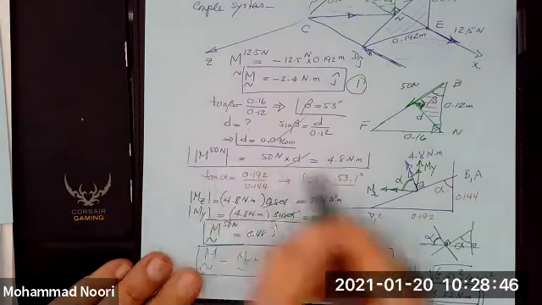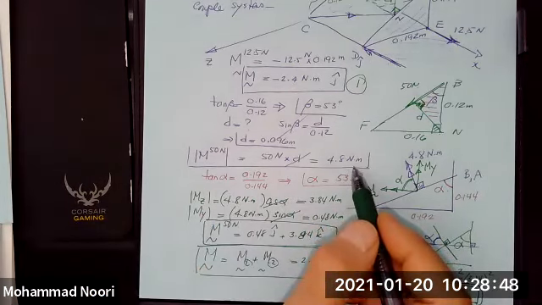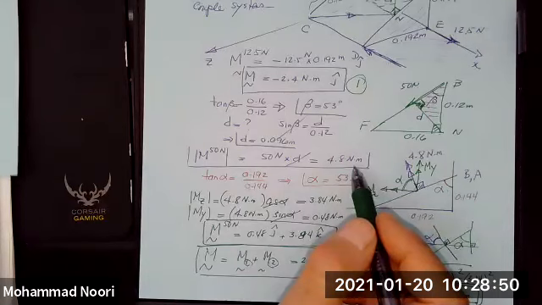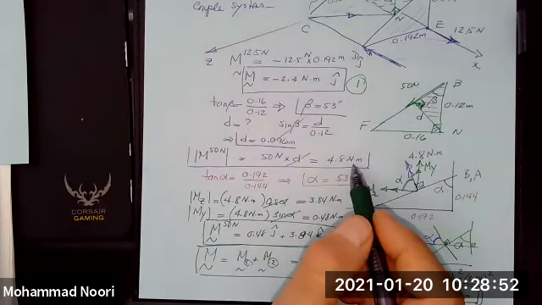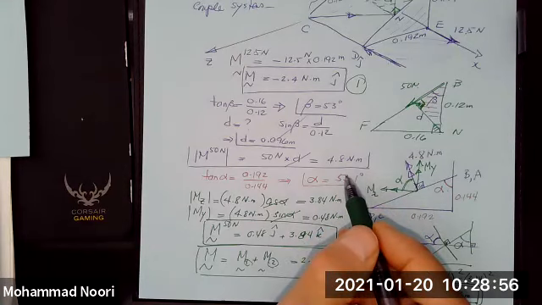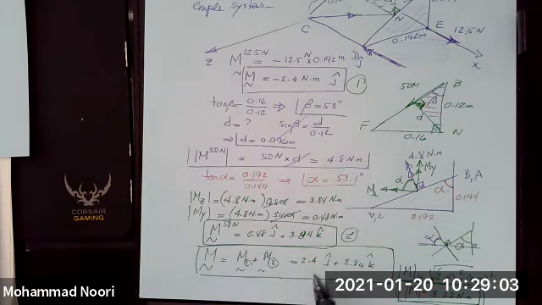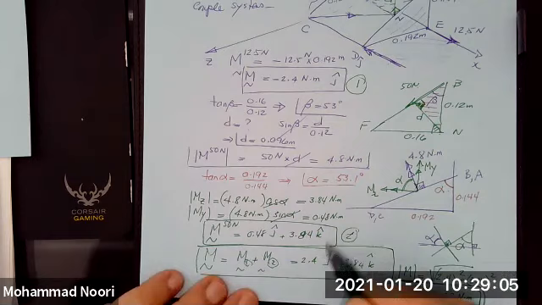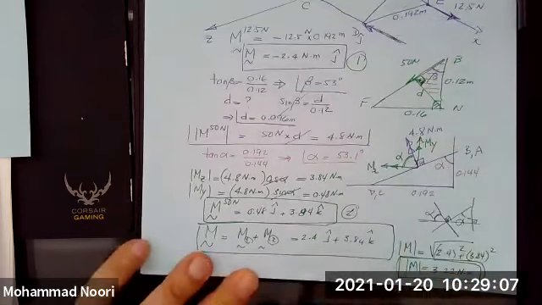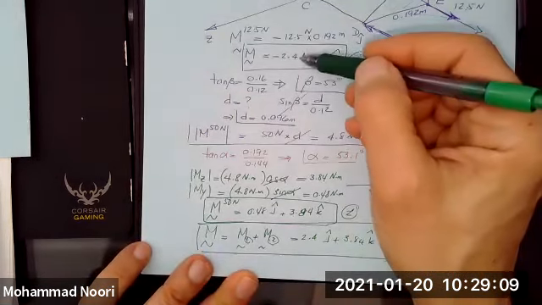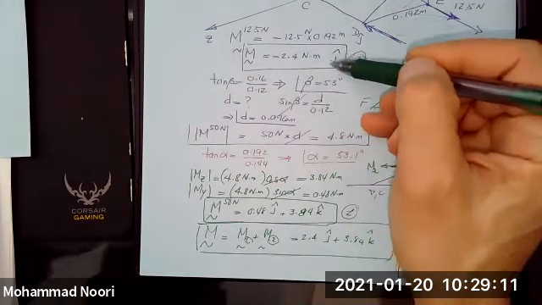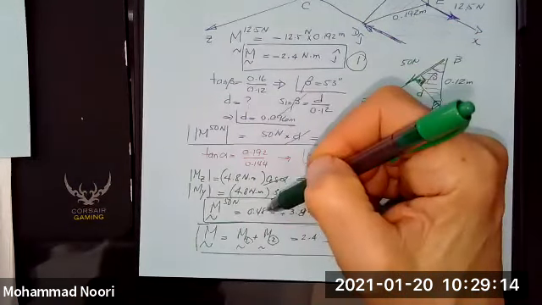So the 4.8. Total moment for 50 Newton is this. And for that one, I added, okay. So what happened? Negative 2.4 J, and this one is,